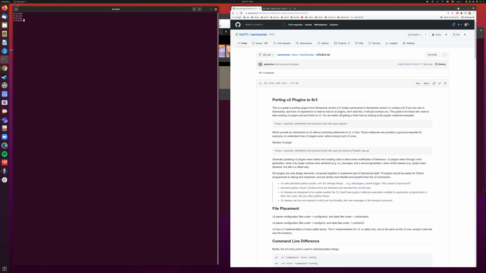Hi, folks. Okay, so we're going to talk about porting version 2 Sarracenia plugins to version 3. Version 3 is called sr3. First, as a warning to people who are using version 2,